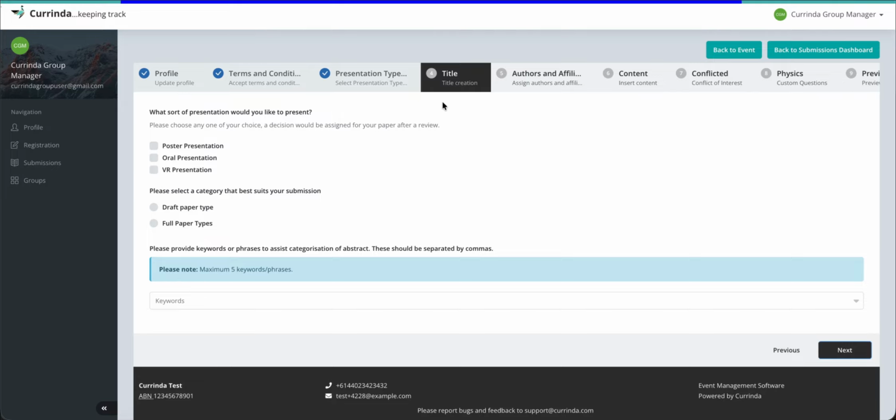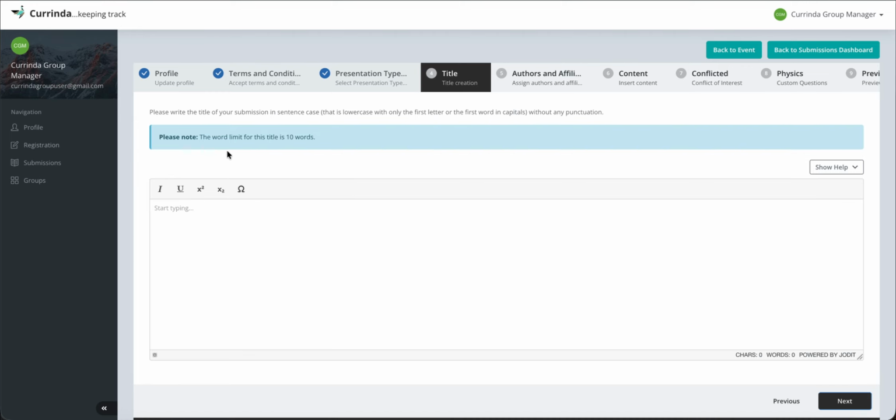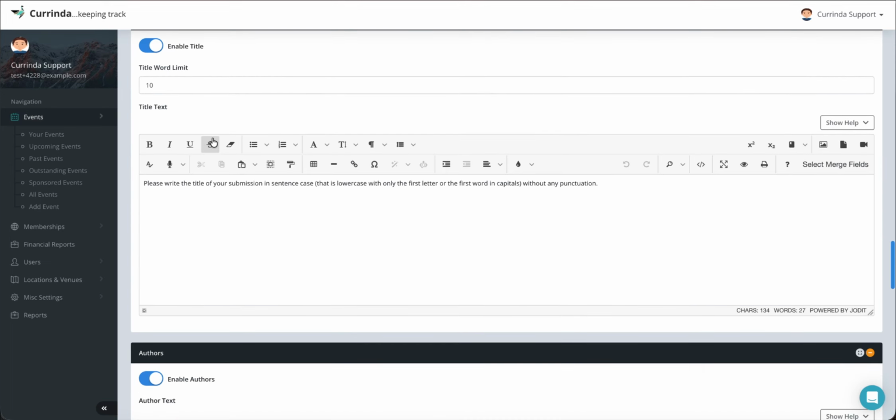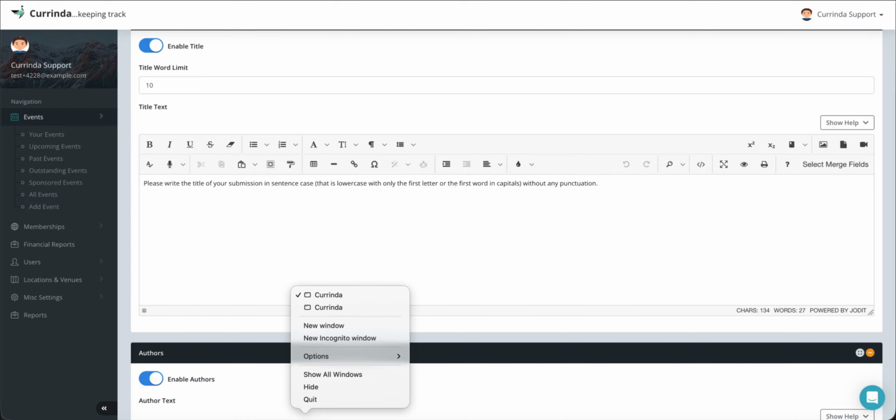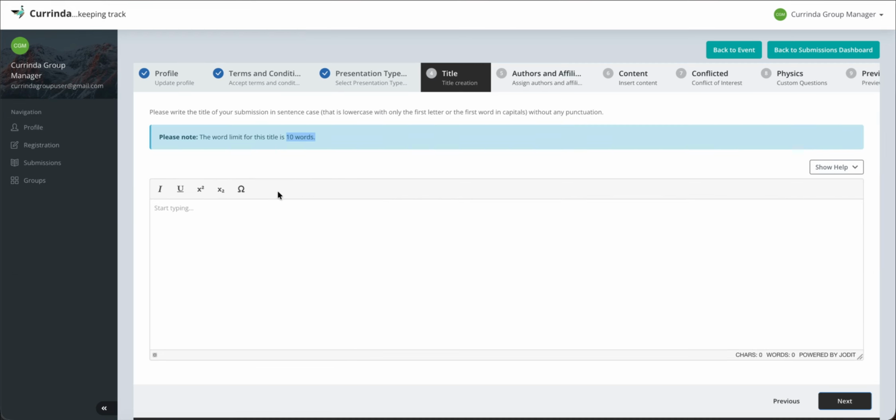Now we have the title tab, and we have a limit of 10 words as is instructed here. This 10 words limit came from the admin side where we set it up in the submission setup. You can see we have a 10-word limit, and these are the instructions that we passed on to the submitter. You can go back and you can see those instructions are here,